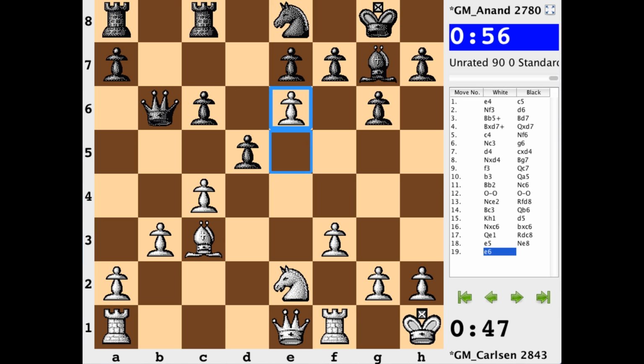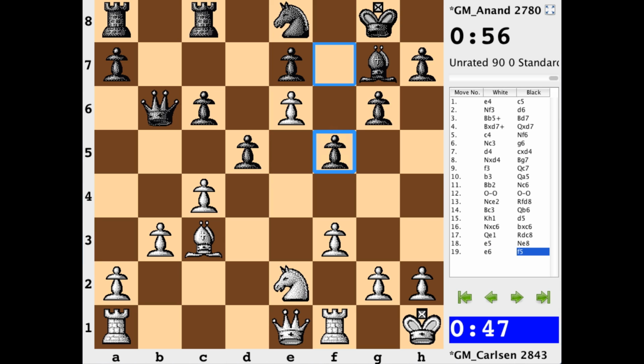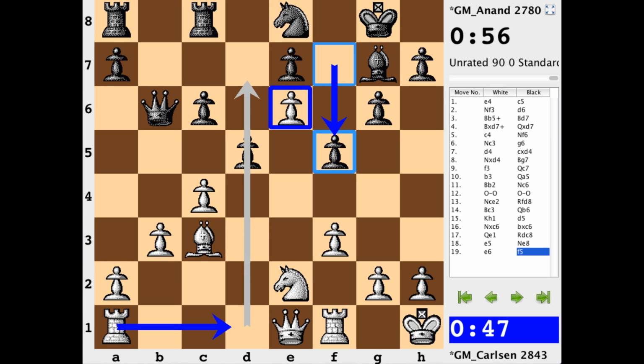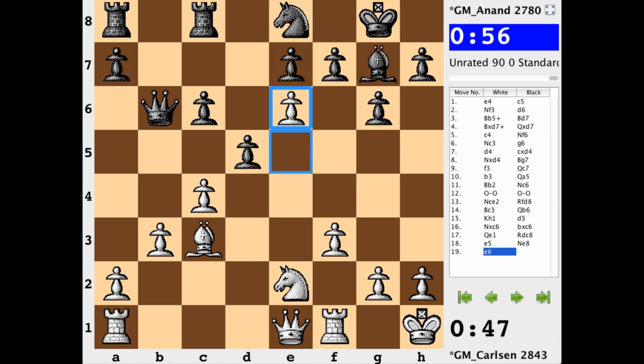I'm not sure how much resistance can really be put up after f5, because with this pawn still around, one thing that's popping up in my mind is the potential for a rook getting to d7 and really being able to rely upon that square for a good amount of time. For if it's ever captured, we're probably just going to have the pawn recapturing, and okay, just a single step away from queening. That's very critical, very dangerous for black to be in this type of situation, to have a white pawn with such depth on that e6 square.